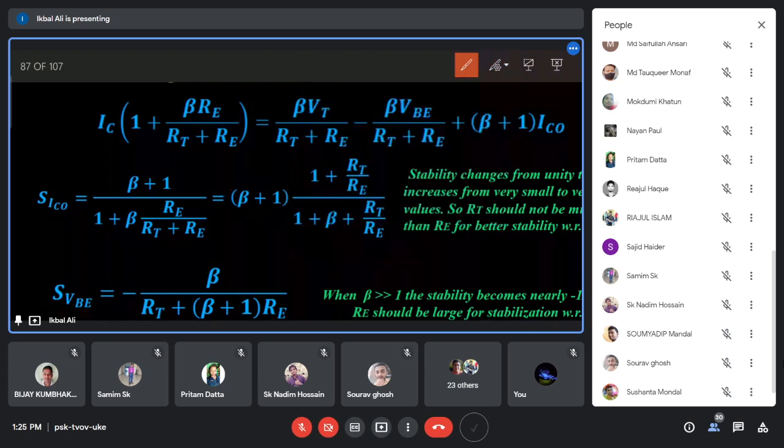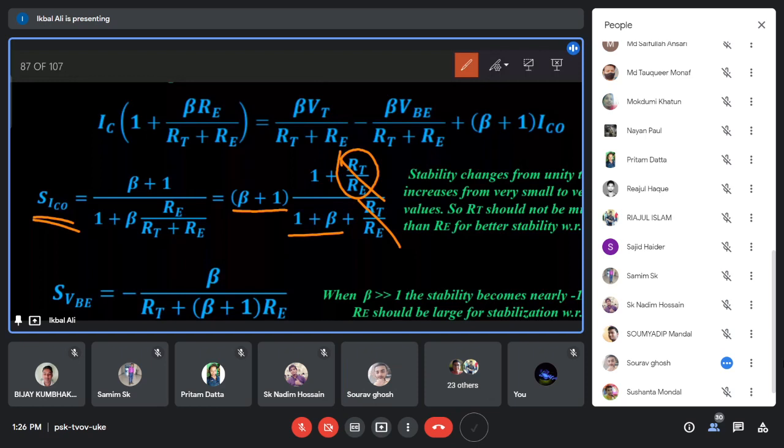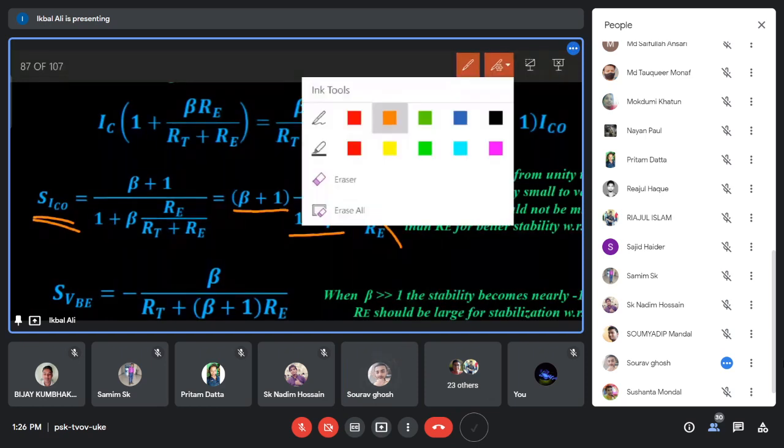এই এক্সপ্রেশনটা তোমার পেয়ে যাবে। এবার আমি স্টেবিলিটি কি করে অ্যানালাইসিস করব। এবারে তুমি ভালো করে দেখো যে এস আইসিও আমার দুটো লিমিটিং ভ্যালু তুমি পাবে, যদি আরটি বাই আরই খুব লো হয়, মানে আরই রেজিস্ট্যান্সটা খুব বেশি, আরটি রেজিস্ট্যান্সটা খুব কম, তখন আরটি বাই আরই ইজ ভেরি লো। এটা যদি ক্লোজ টু জিরোর দিকে হয়, মানে একের থেকে ছোট হয়, তাহলে তোমার এটা বাদ চলে যাবে, এটাও বাদ চলে যাবে। হ্যাঁ স্যার, তখন এখানে বিটা প্লাস ওয়ান, এখানে ওয়ান প্লাস বিটা ক্যান্সেল হয়ে গিয়ে কত হবে, ওয়ান। তাহলে এস আইসিও লোয়েস্ট ভ্যালু হবে ওয়ান, তাই তো?